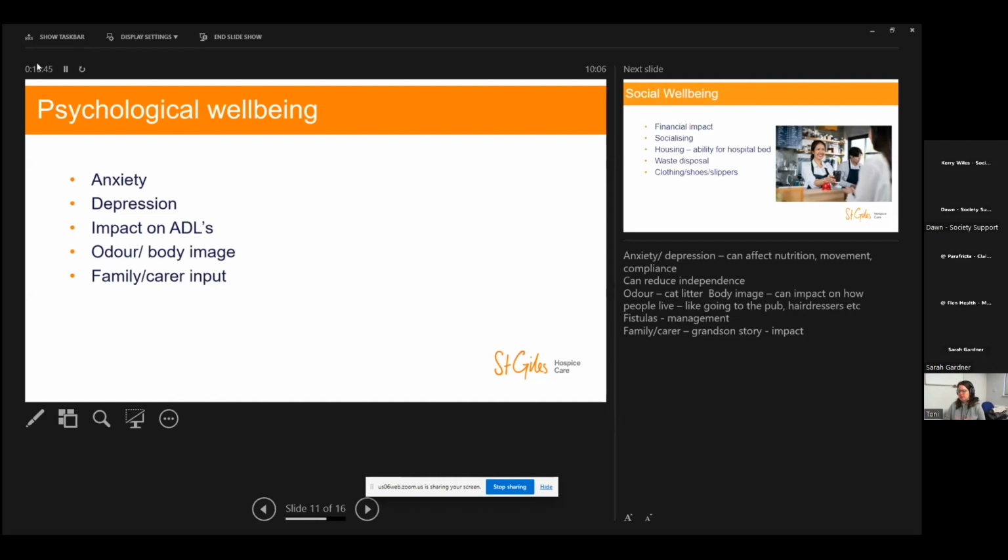A lot of times people will talk about the fact that a dressing can be seen, and therefore they don't want to go out and about like they normally would. If they've got something like a fistula, then that's going to be really quite difficult potentially to manage, and therefore how does that affect the way that the person views themselves? From an odor point of view,